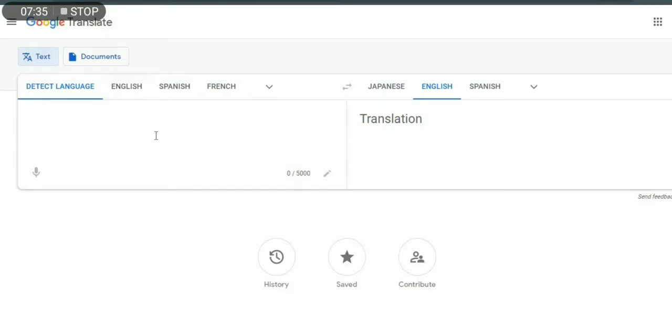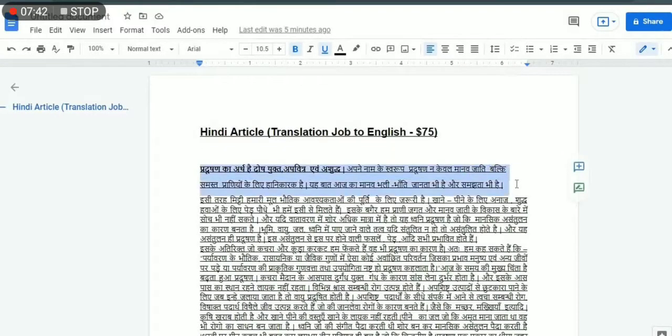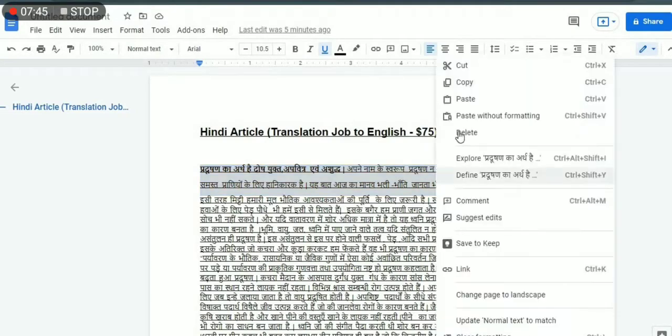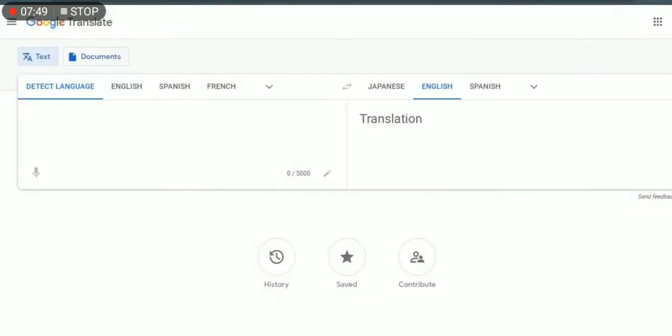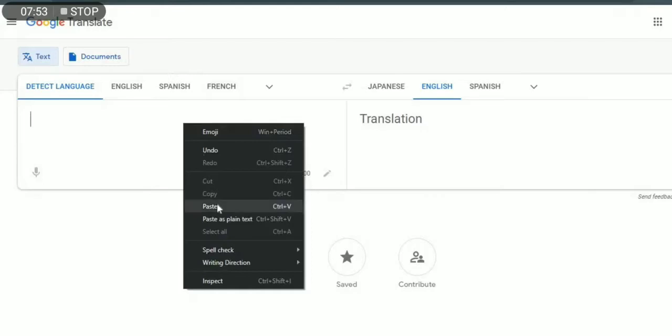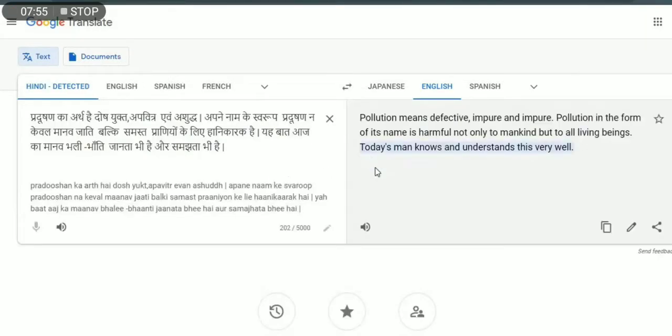And when you get your job, you can see where you can copy everything for. And I'm going to copy this right here. So all I have to do is go on and right click and copy this one. And then I'm going to come back here to Google Translate. And then I'm going to paste everything right here. So as you can see here, Hindi is recognized, which means that Google Translate will determine that this is a Hindi language and will perform the translation into English, as you can see here.